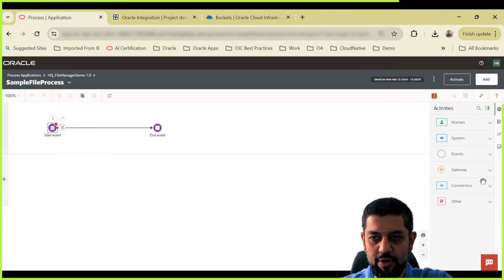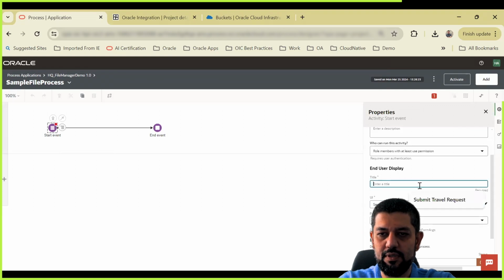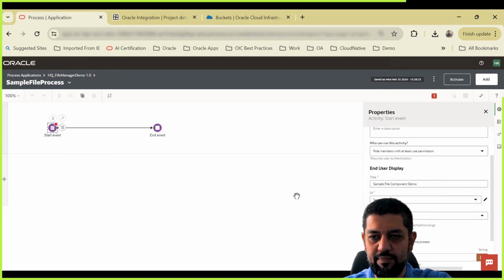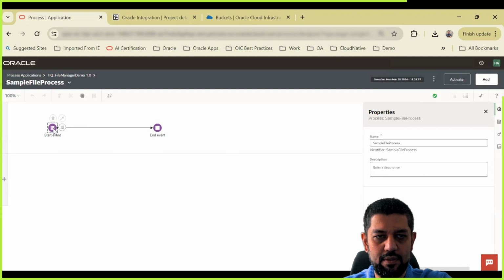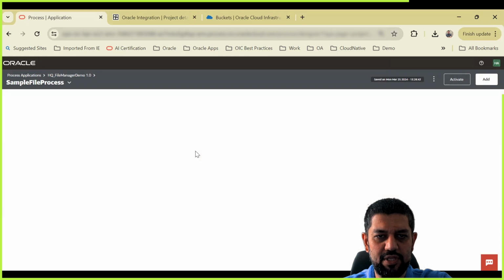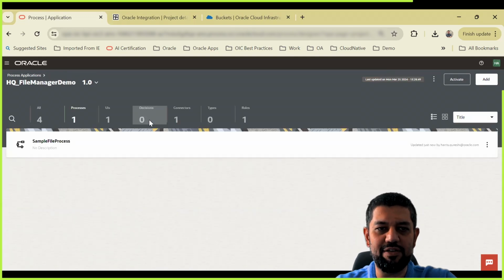Go to open properties, and I need to connect it to the UI. Sample file. That's all. I don't think I need to do any data association because all the things I will be getting from our process. Okay, so this is how you configure your file